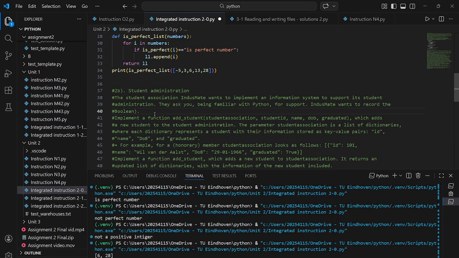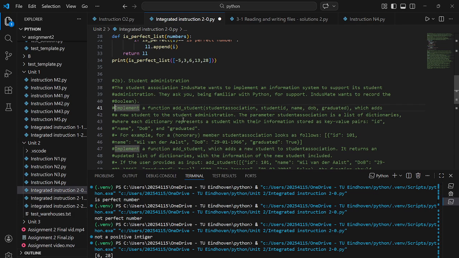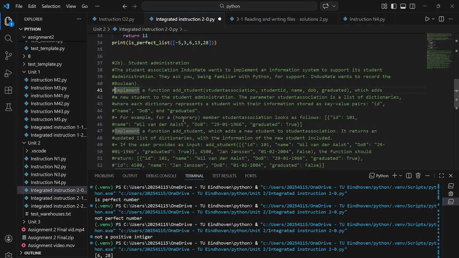The Student Association in DOSMate wants to implement an information system to support its student administration. They ask you, being familiar with Python, for support. DOSMate wants to record the Boolean, that should have been in brackets, I don't know, that confused me. Maybe I miscopied it. Anyways, implement a function add students, which has these parameters, which adds a new student to